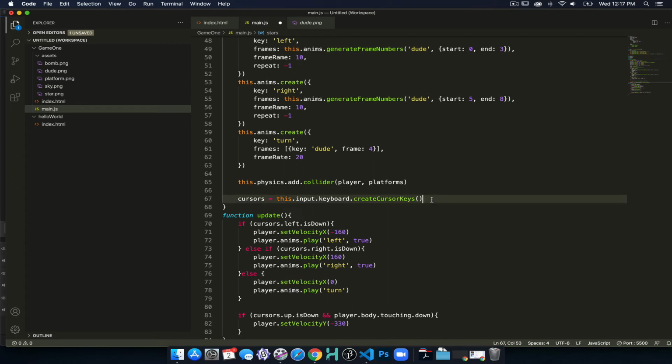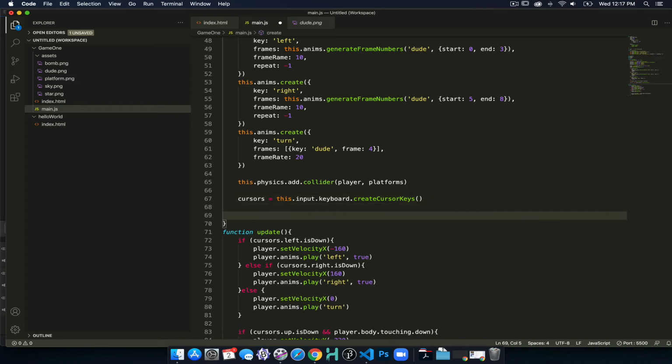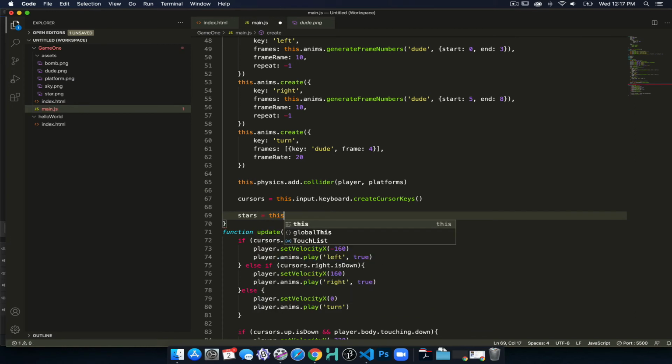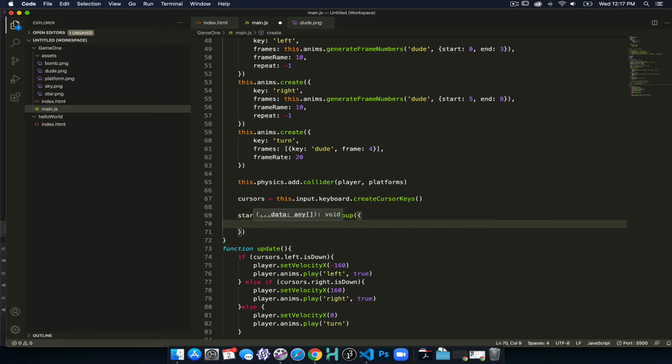So to add in the stars, what we can do is say stars is going to be equal to this dot physics dot group, add dot group, and this is just going to be a group we're going to add, and we're going to allow Phaser to help us here,